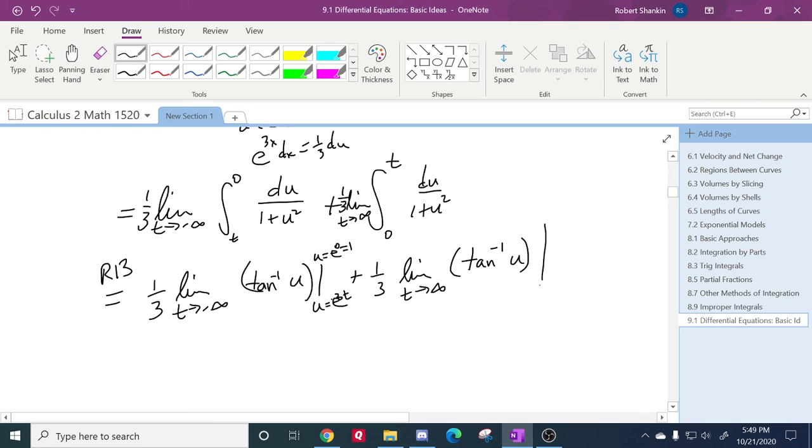And then this one is from u equals e to the 0, which is 1, to u equals e to the 3t. And when I substitute them in, 1/3 limit as t approaches negative infinity, I'm going to get the inverse tangent of 1 minus the inverse tangent of e to the 3t